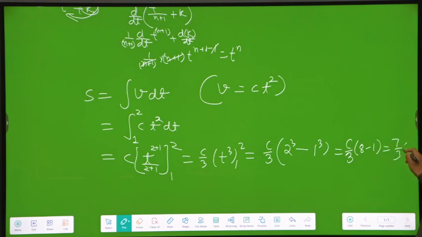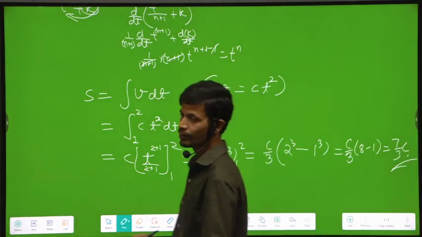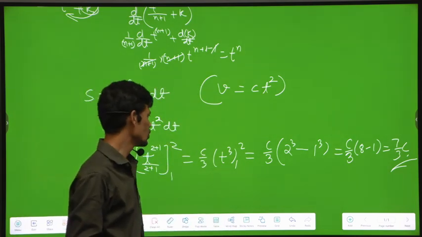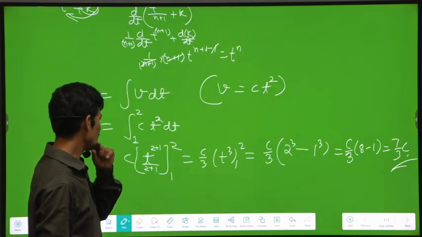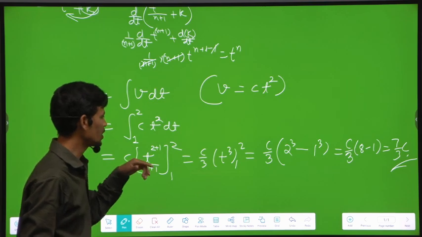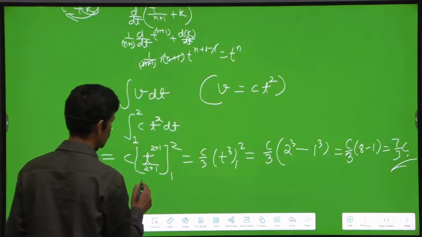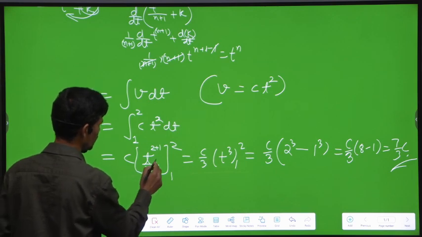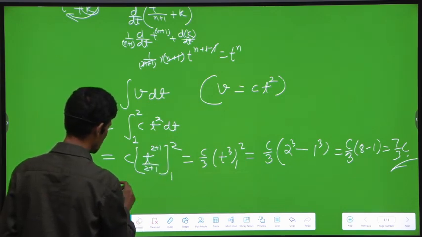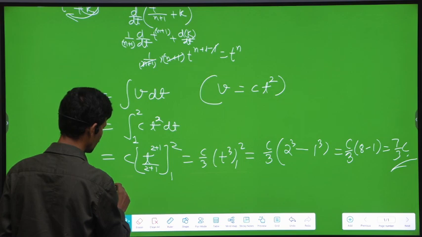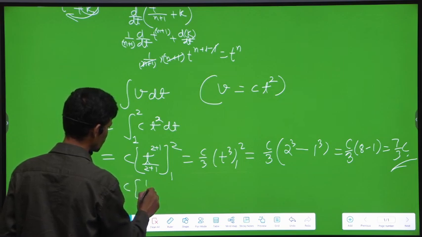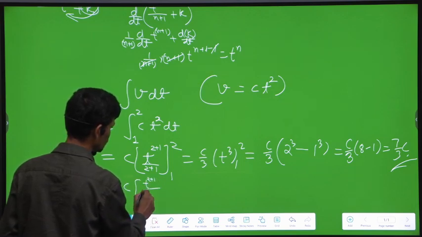7 by 3 c. This is how we are going to do that. People might ask, where has that constant gone? So if we consider that constant also, then after this integration, actually there is plus k,